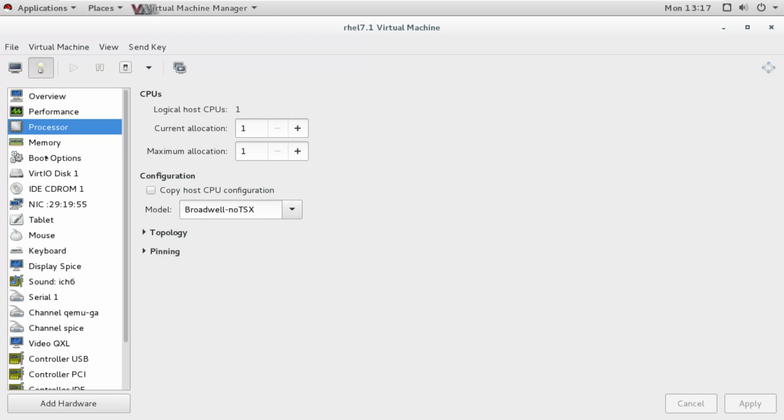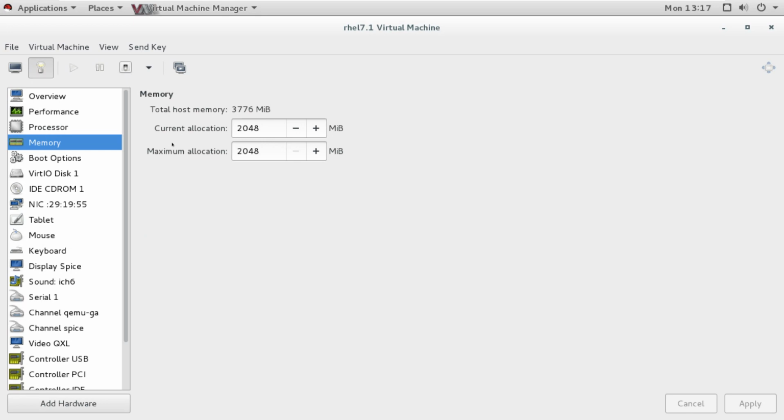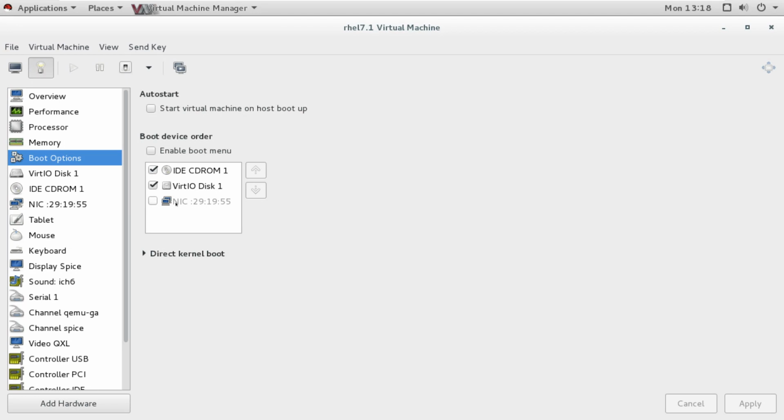Then you have memory information, the current allocation and maximum allocation. Then we can go to the boot options, like which CD, DVD, virtual disk or network it is going to boot from. Start virtual machine on host boot up is the auto start feature: whenever our real host starts, this virtual machine will also start.